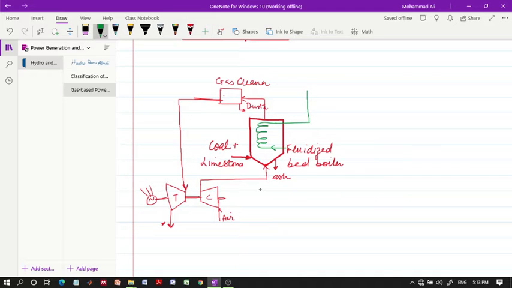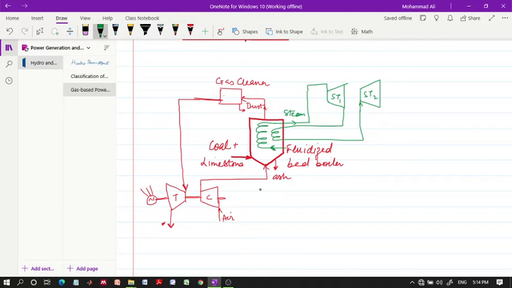We are going to introduce water inside this. इस जगह से मैं water introduce करूंगा, and the output will be your steam. This will run the turbine. ठीक है, प्लस एक और चीज मैं यहां पे बता रहा हूं, इसको गौर से देखिएगा. This is steam turbine 1 and this is steam turbine 2.